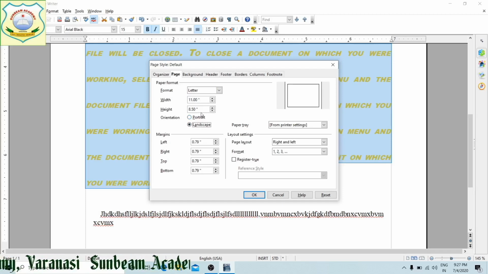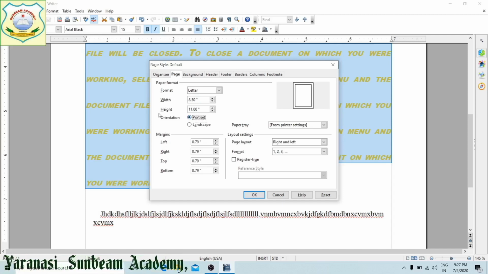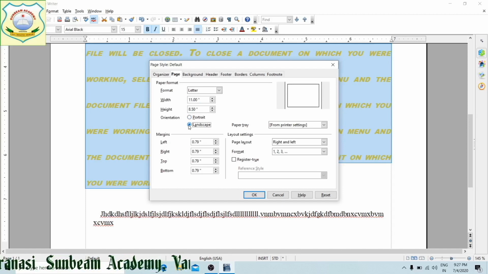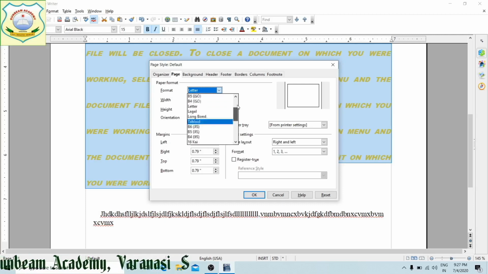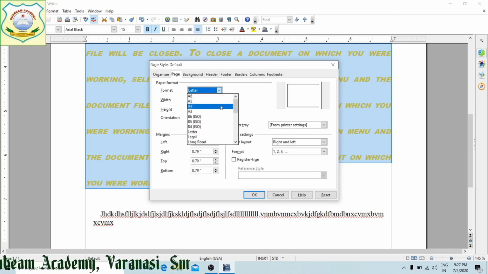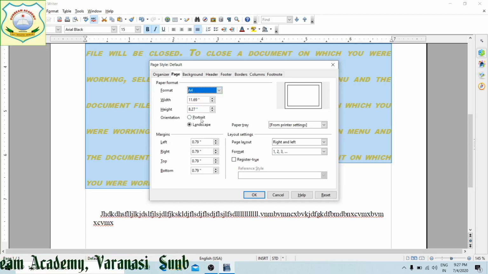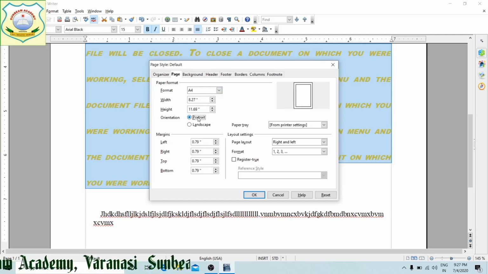You can see here width is 8.5 inches, height is 11 inches. Now it has changed. 11 inches is width and height is 8.5 inches. By default we are having A4 size of page. This is portrait. It is showing with the margin of the page. Is it clear?